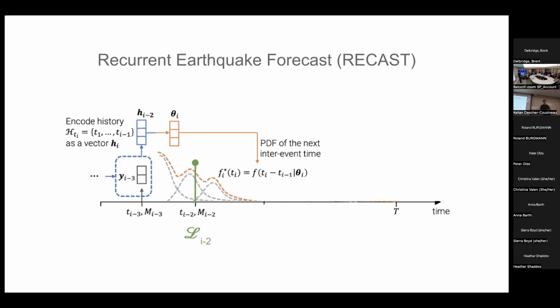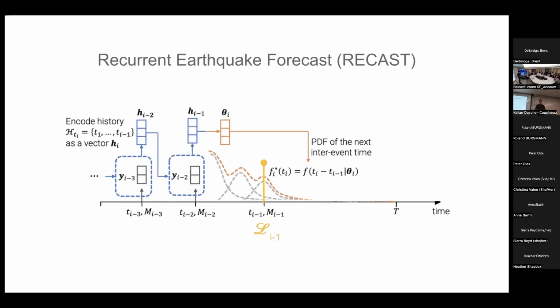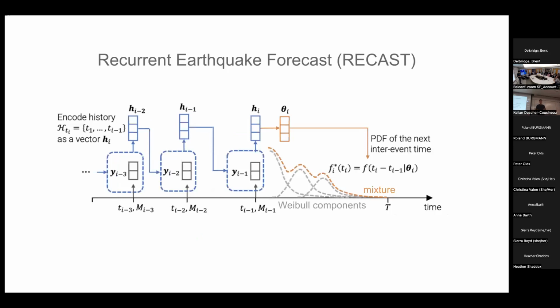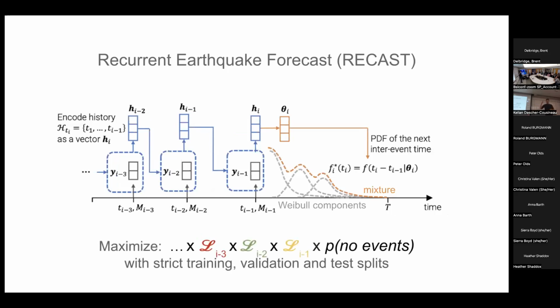This next event is also used to update the hidden state using a set of RNN equations. In this case, it's a gated recurrent unit. But all that to say that we took this summarization of the history and updated it with what we just observed. We proceed sequentially through the sequence. And in this way, we have an observation of the likelihood of the sequence given our deep recurrent model. And this provides the same framework to optimize the model, much like ETAS.